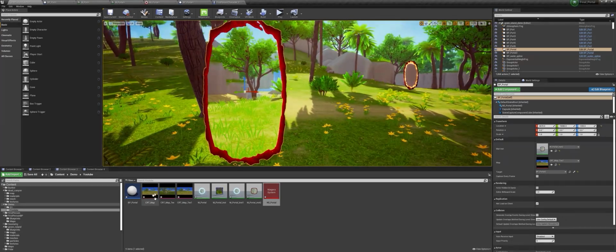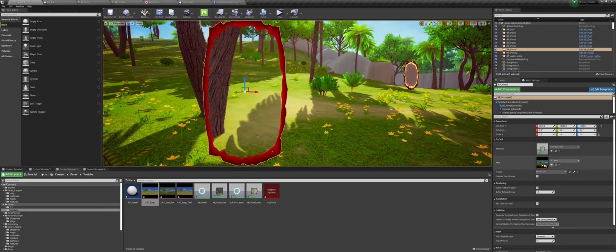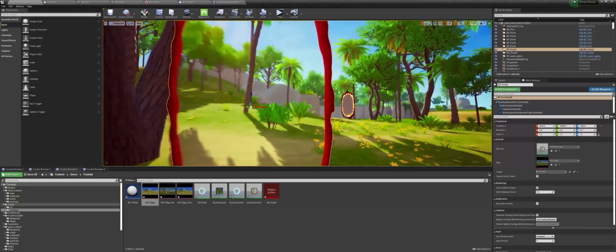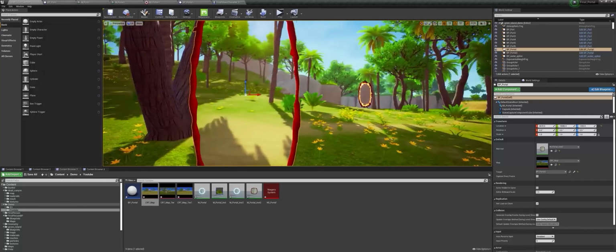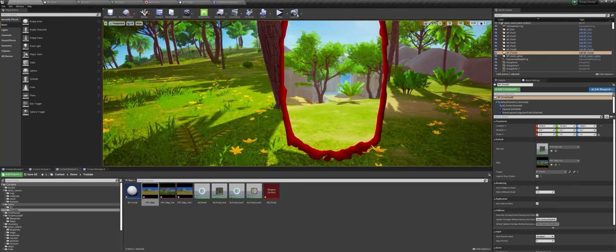And now here, if I just add the original render target to this one, we still get something like this. But if I select the portal 2 and if I tick capture every frame, and here if I press